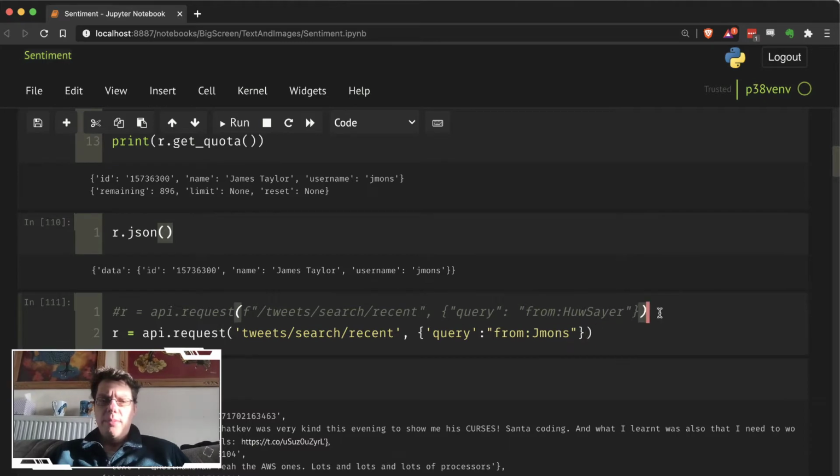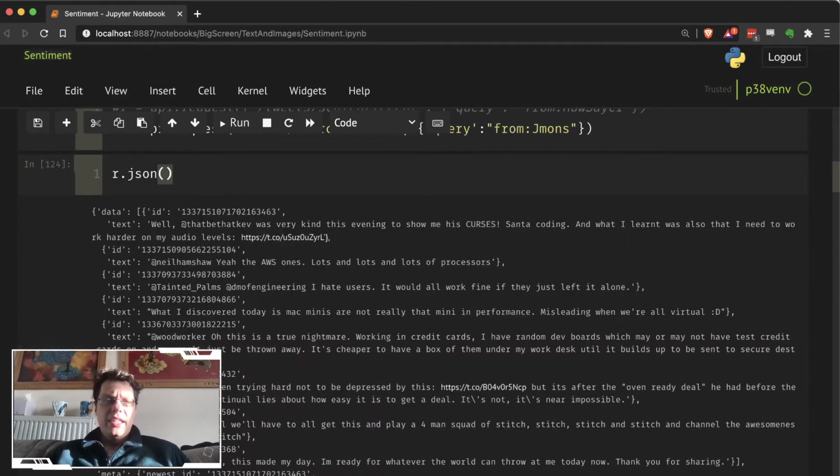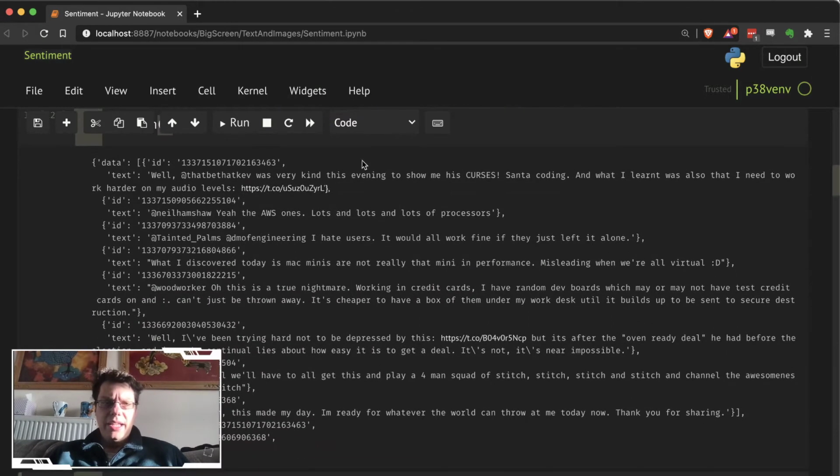And then basically what I can do is call the recent tweets on any user I like. So I've been playing around with another user, one of my friends who does a lot of tweets, J1's, and there are my recent tweets that I've been making. So you can see all kinds of links and things showing up.